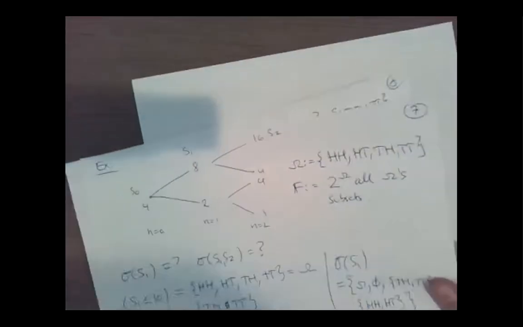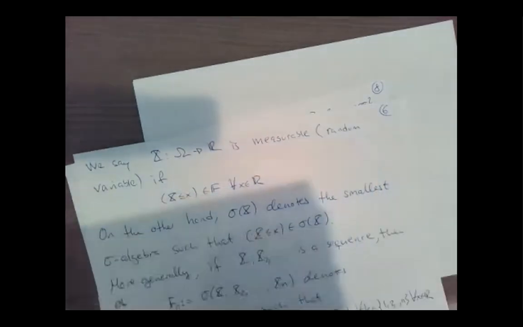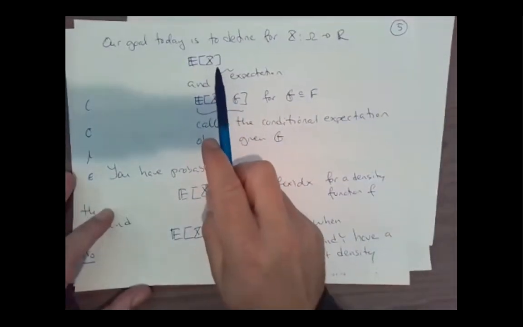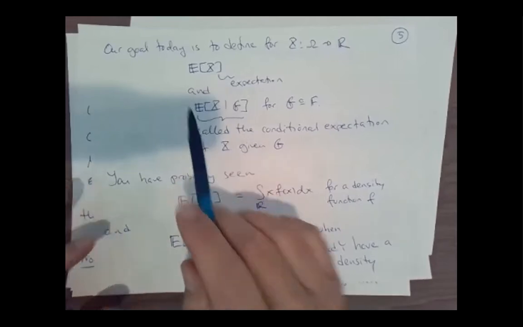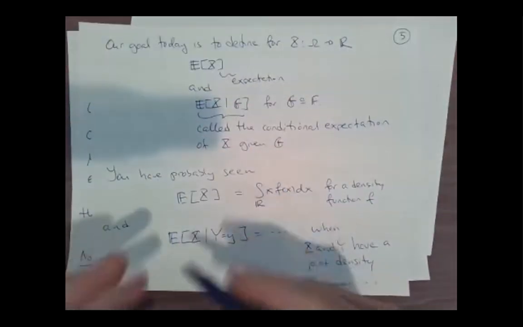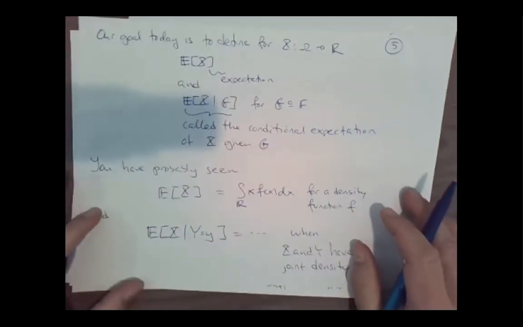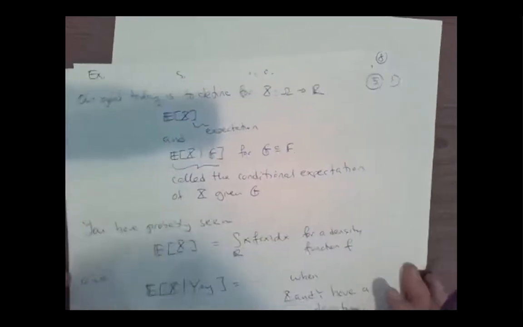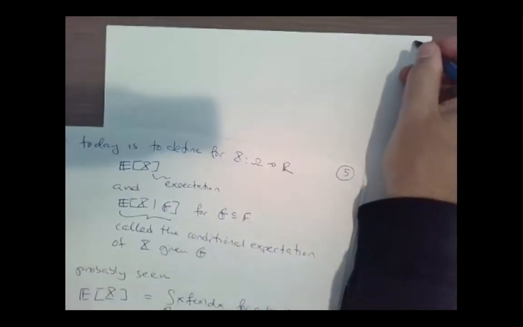Then we'll move on. So again, keep in mind what the goal is. We should always keep in mind what the goal is. The goal is, so now we know what a random variable is, and it's a measurable function. And so now we're going to be interested in taking the expectation of a measurable function. So we'll always have, going forward,